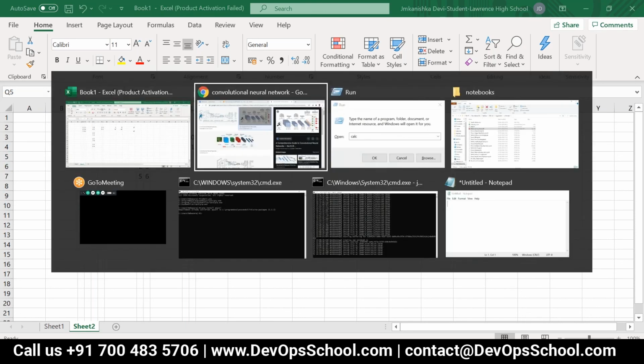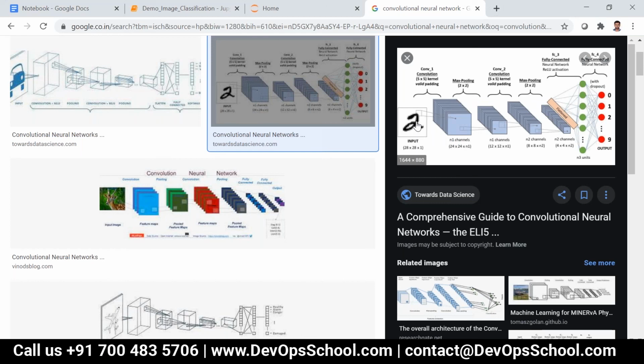So the image size will be 28 by 28 by 1, and depending on the dimensions that I am going to mention while building the model, the size will be reduced like this. From 28 by 28 by 1, it will be reduced to 24 by 24 by n1, that is channel 1.